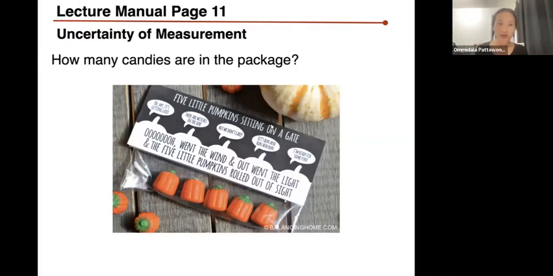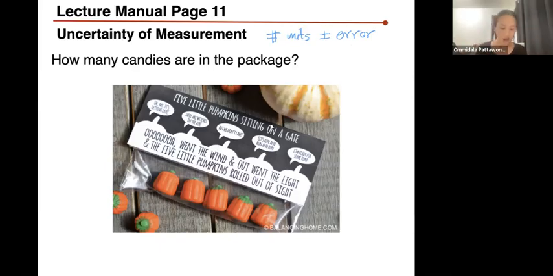In this video, you are going to take a look at the uncertainty that comes with the measurement. In the previous video, you looked at the number and unit. So in this one, we are going to add the error, or the uncertainty, that comes with the measurement. This is how you are going to report your number when you do some measurement